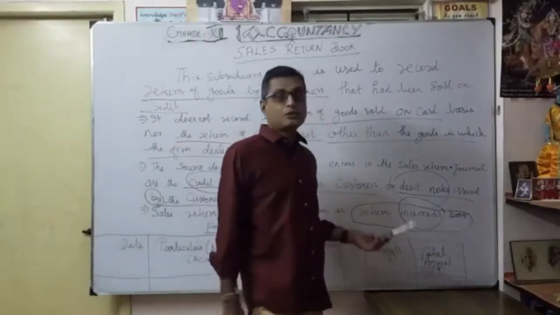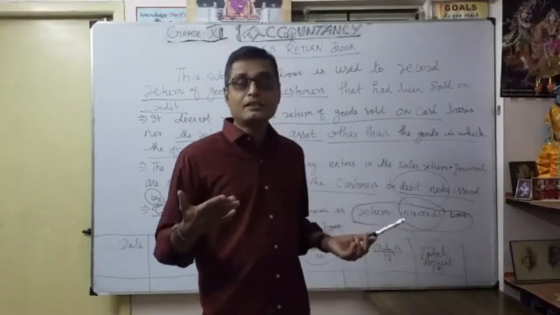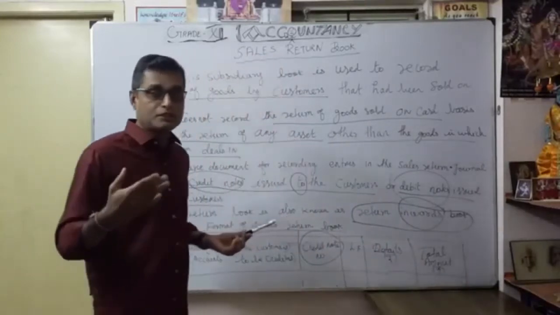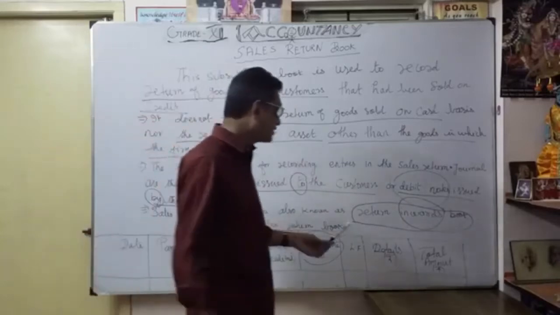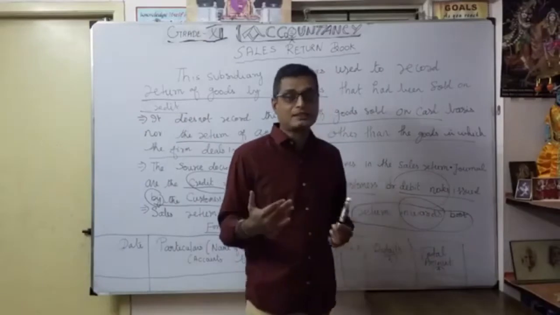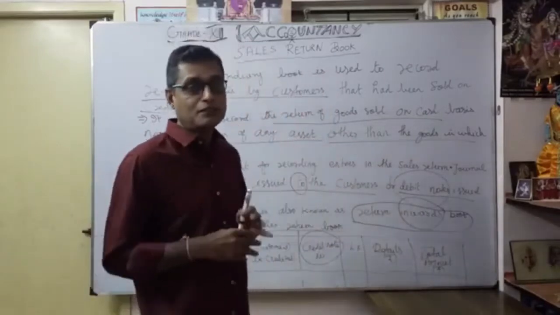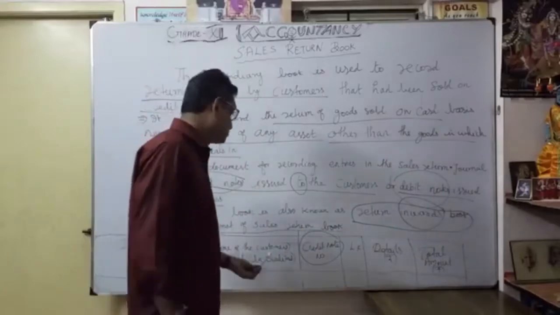Here also, suppose we considered any discount earlier, or anything we discussed about quality discount like that, you want to mention it here. Only in the outer column do you get the net details about the exact value of the sales return of the particular customer for the goods, for the date.